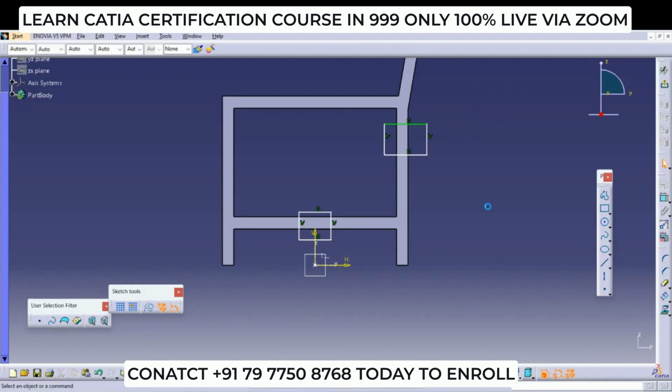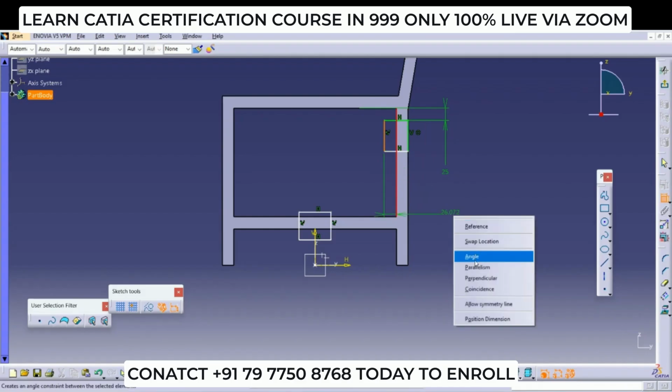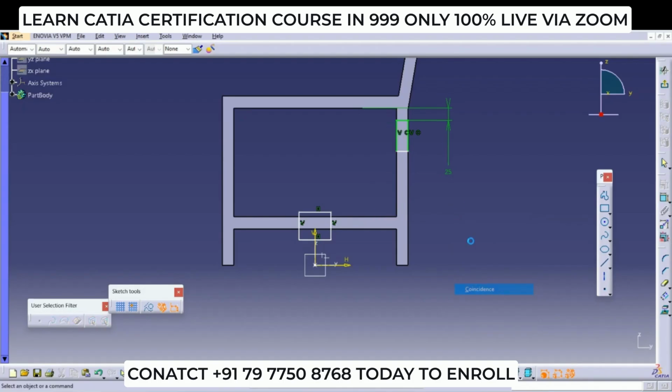We will provide the dimensions here: 25 mm from the upper side. Here, coincide with the face. Again, this is also coincident. And the height of this rectangle is again 25. Same dimensions are for the second rectangle. You coincide these faces,